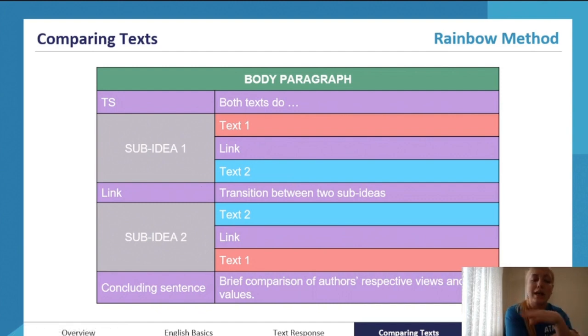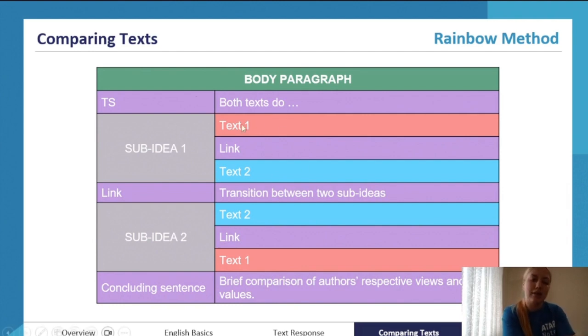So we don't analyze text 2 in sub idea 1, but in sub idea 2 now we use text 2 as the springboard or the basis, and the evidence or quotes are analyzed for it, and we say, oh, this is similar to something in text 1 or 2, give some quotes for it, but we don't analyze. We go back to text 2 after that, and we keep doing it until we're satisfied.